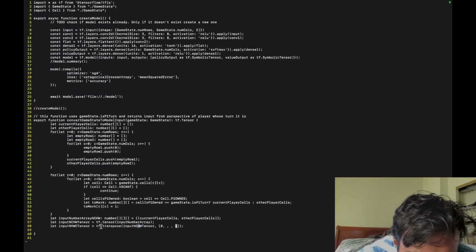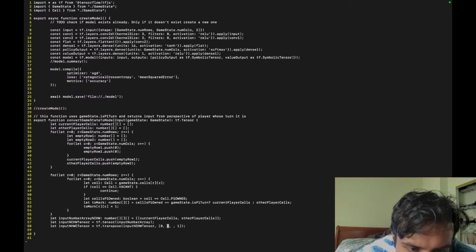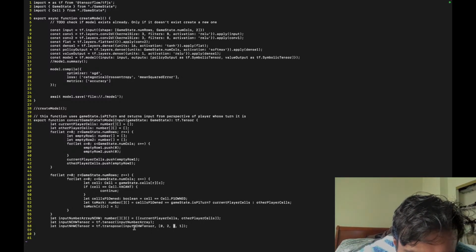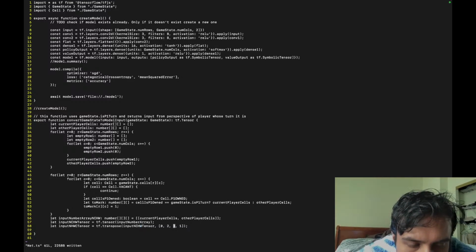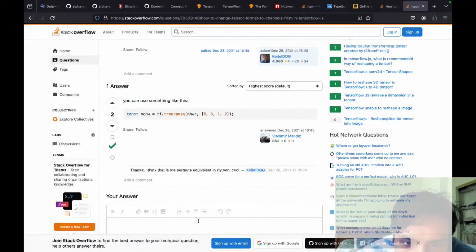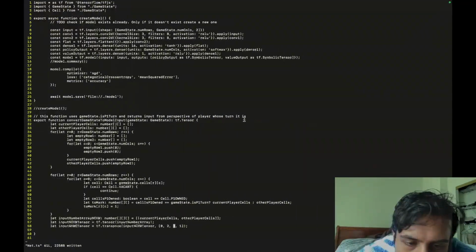So H is 2, and now it goes to the second one, so the second one is 2. And this must be 3 by default. W, the width, is 0, 1, 2, 3, but it shifts 1 to the left. So 0, 2, 3, 1. 0, 3, 1, 2.